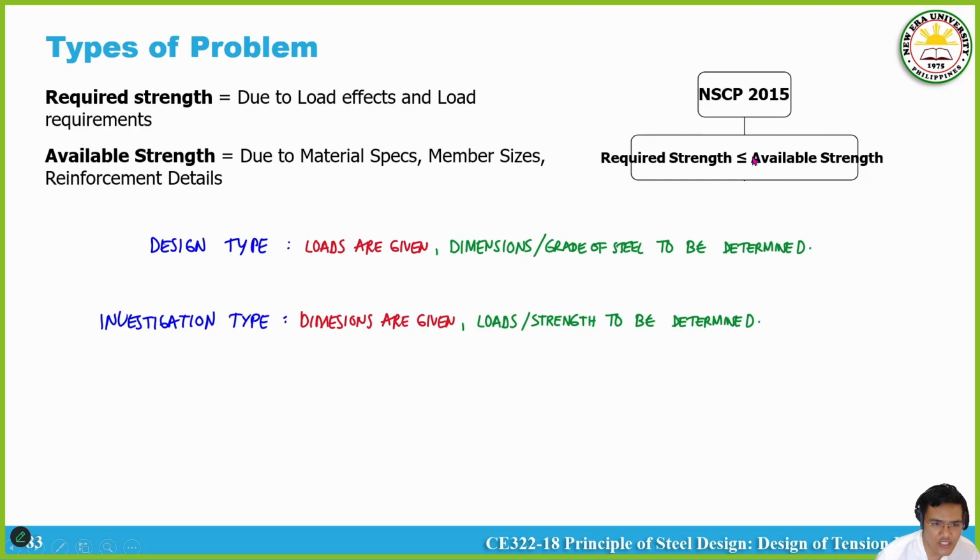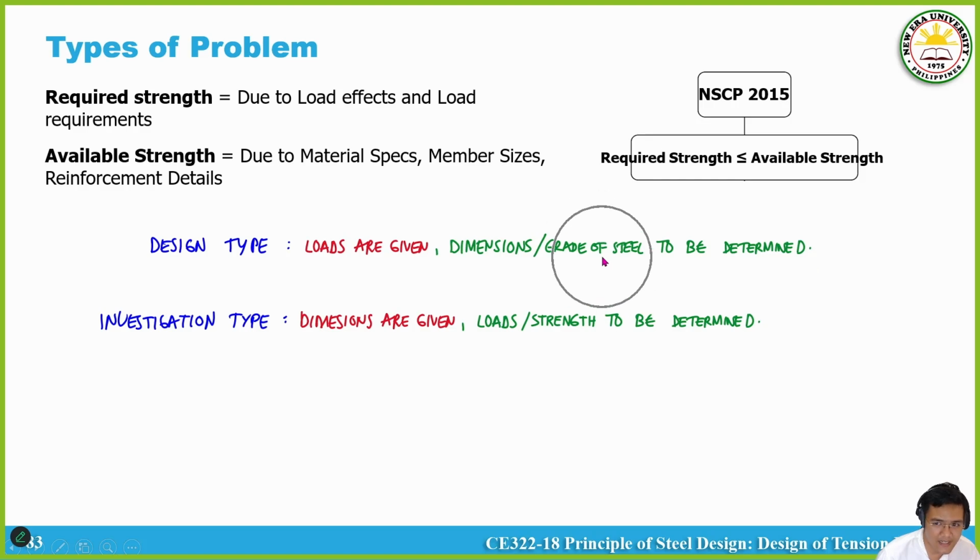Sa introduction natin, we mentioned na the fundamental rule is that the required strength should always be less than or equal to the available strength. Okay? So ang sabi natin, required strength based yan sa loads, and yung available strength natin based yan on the material that was supplied and its properties. So dito, lumalabas lang kapag design type ka, loads are given. So parang itong left hand side ng equation, given 'yan. Aalamin mo kung ano yung equivalent na niya, na dimensions and